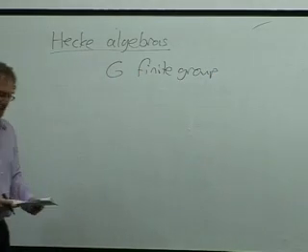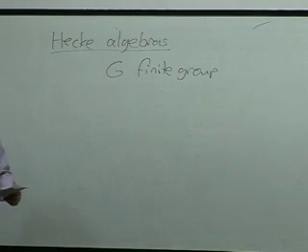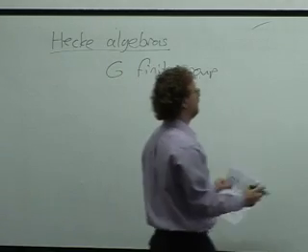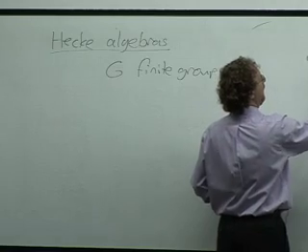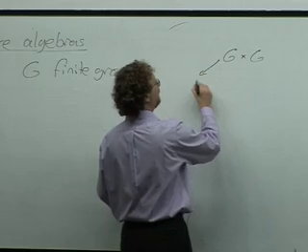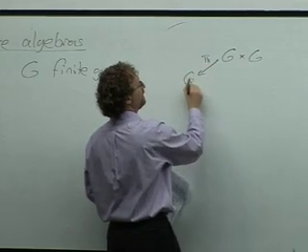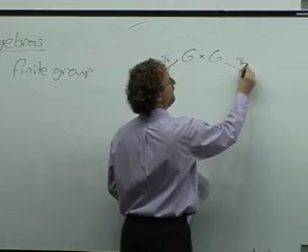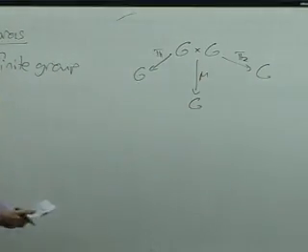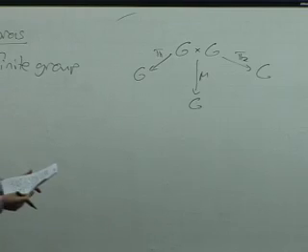So if I have a finite group, how do I usually study it? I study it using the structure of the group algebra. So how do I think of the group algebra? I have this diagram. If I look at G cross G, it has 3 maps to G. We can project on the first factor, we can project on the second factor, or we can multiply. So if you did the homework from the first day about how to multiply matrices, the same exercise tells you how to multiply functions on the group.